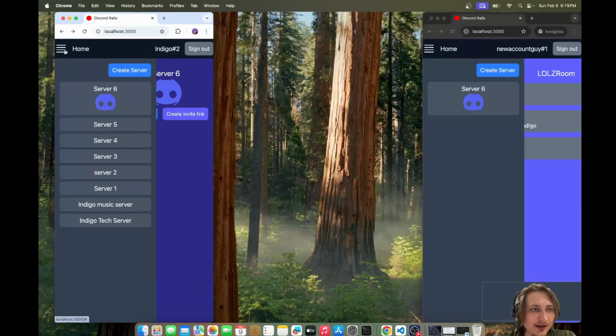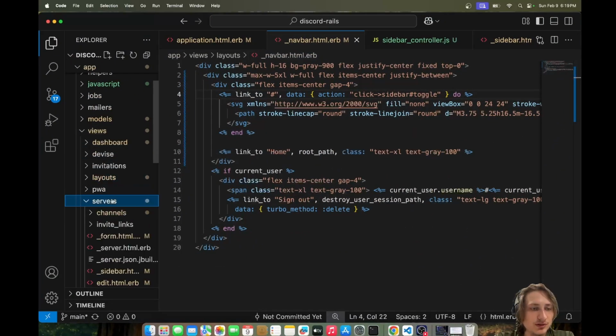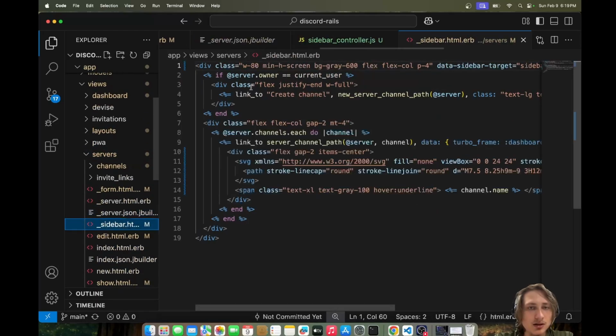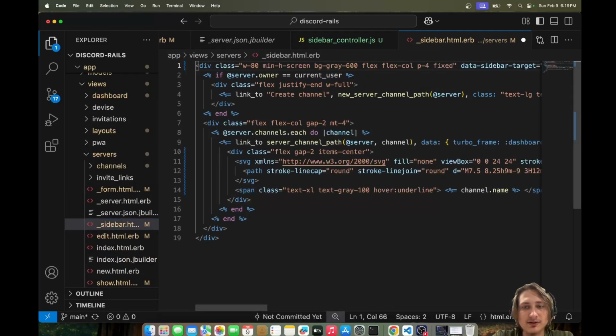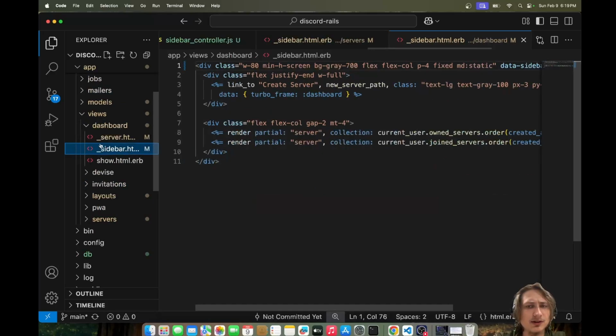So I think what's happening is that the fixed class is applying, but we're now kind of hiding the channel sidebar because it's behind this element. So what we have to do is go to the views servers sidebar, and add a fixed class to this too. And then on medium, actually no, let's not do medium static now that I think about it, because we're going to have the same functionality. So why don't we just do fixed? So let's go back to this dashboard sidebar, remove the medium static. So it's just always going to be fixed. And then we'll say left 0 for this,